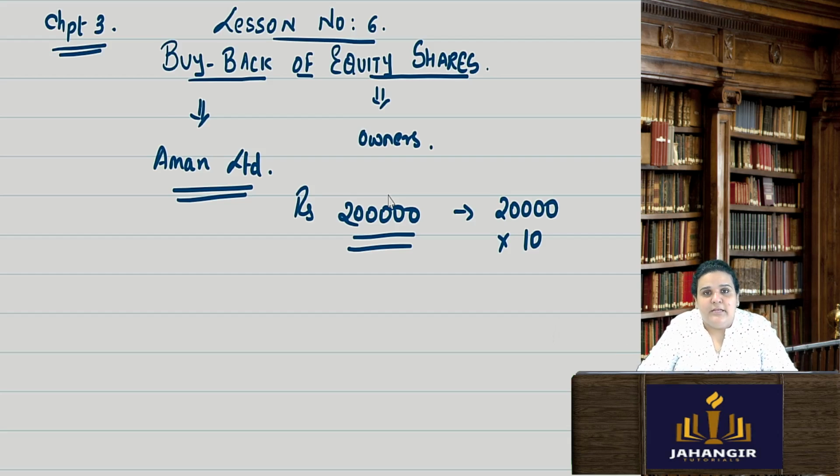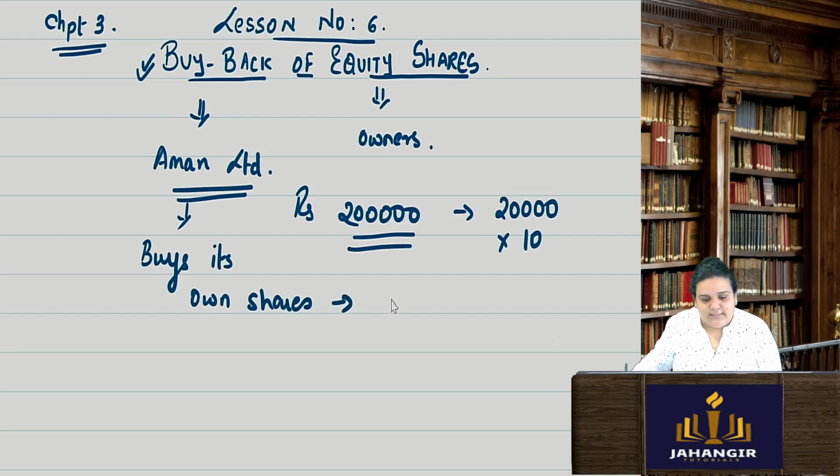So in equity shares, you cannot redeem equity shares unlike preference shares. Preference shares are always with a fixed term, like a bank loan. When that term is over, you are supposed to repay the preference shareholders. But in equity shares, we always do buyback. The company buys its own shares for the purpose of cancellation. There is only one purpose, that is for the purpose of cancellation.